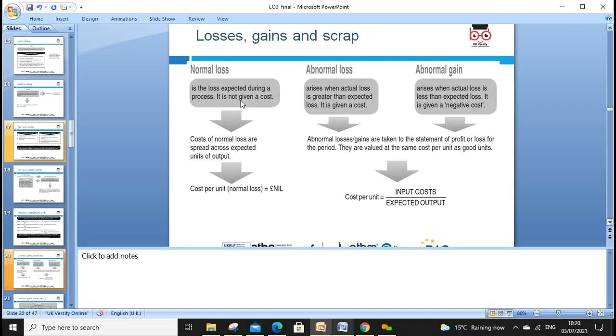Under process costing we have a normal loss we are expecting, that can be 10% of the time that can be waste. If it's more than that waste, it can be an abnormal loss. Normal loss we can absorb into the product pricing. And abnormal gain: if we say 10% was supposed to be waste, but actually we did not waste anything, you're very efficient, you always come early, you plan well, and you have an abnormal gain. Instead of a loss you have a gain. So we look at input cost divided by expected output.